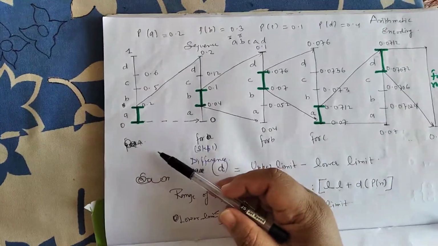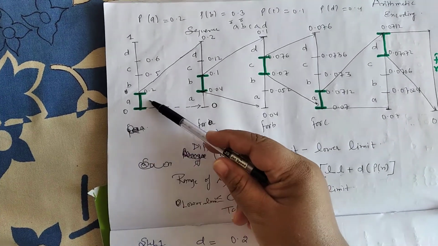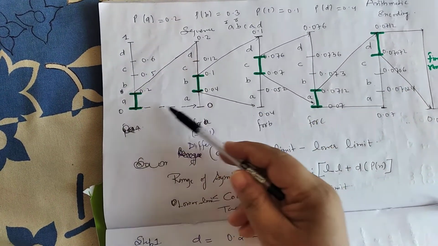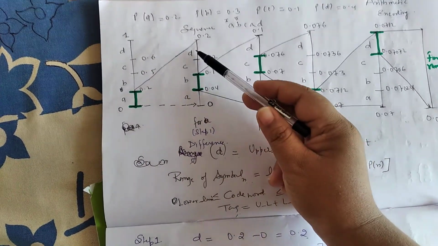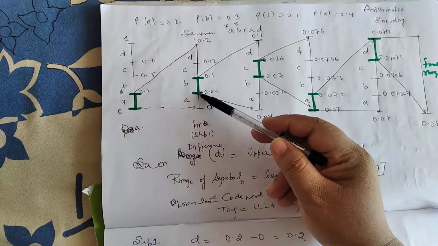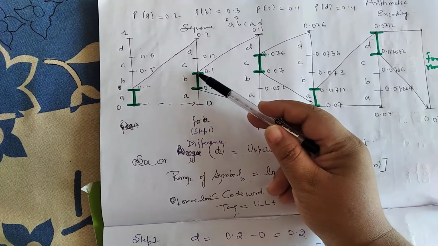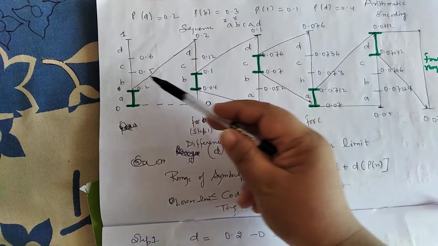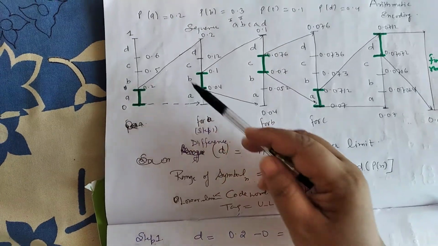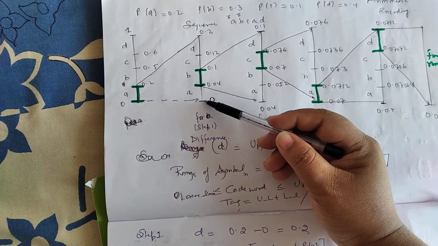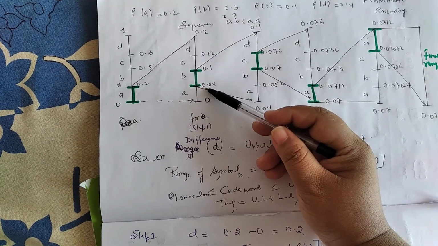Now the first character of the message is A, so we will explore this range. We write it again in the same manner, breaking this range into four parts A, B, C and D, just writing the names of the characters, not the exact values. Now at each step I need to calculate the values. Here I know the lower limit of A is 0. Now I need to find the upper limit.